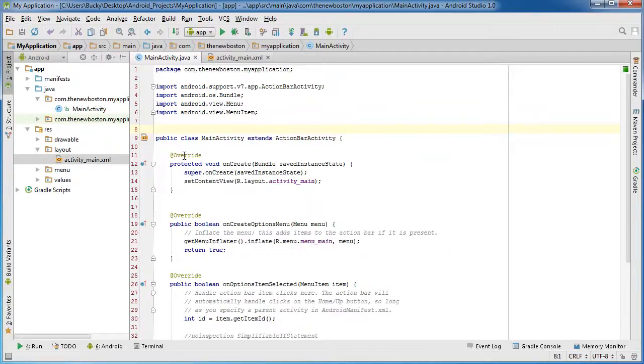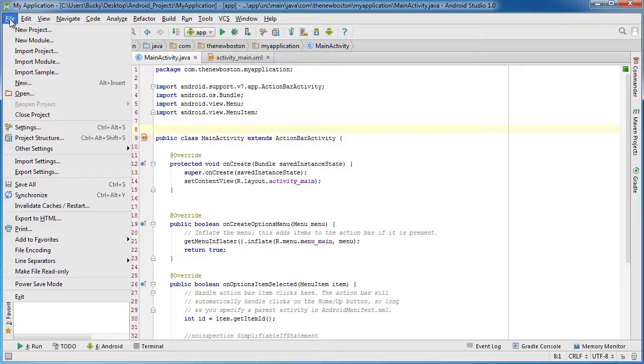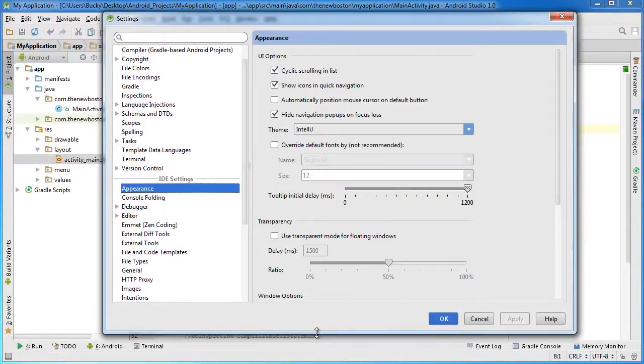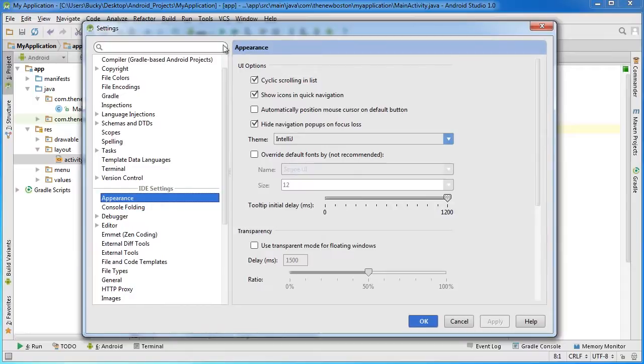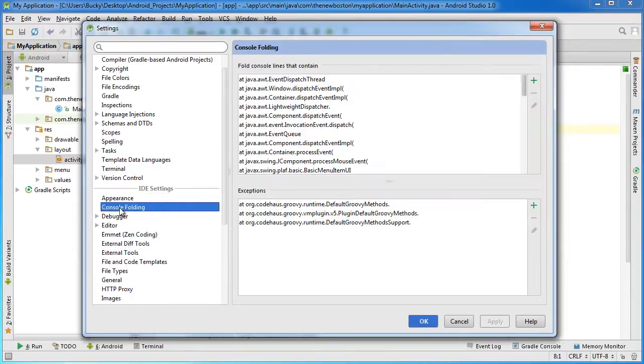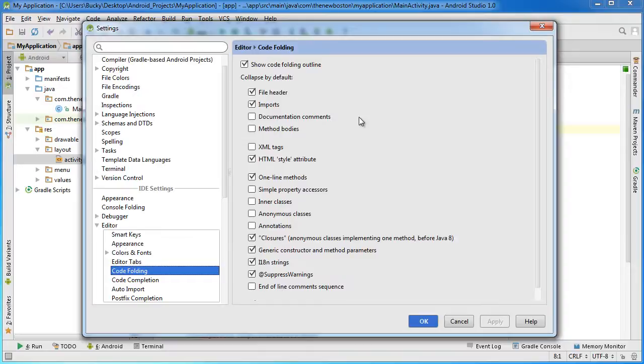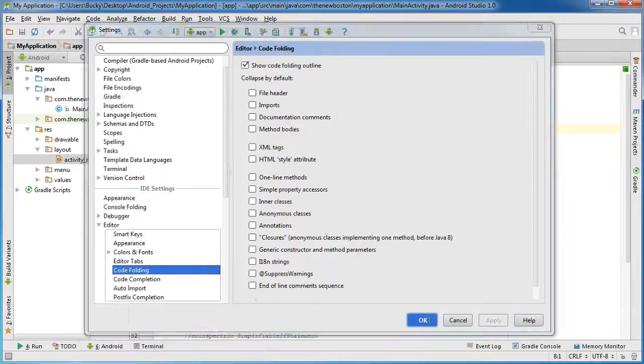If you want to get rid of all of the code folding, as it's called, go to File, and back in Settings, let me minimize this so you can see everything, and go to Editor, under the IDE settings, and Code Folding. Right here this first checkbox is just to show the code folding outline, and that's that little arrow you can click to either bunch it up or expand it. But what I want to do is uncheck all of these, so none of my code is going to be folded. Again, once I apply this,